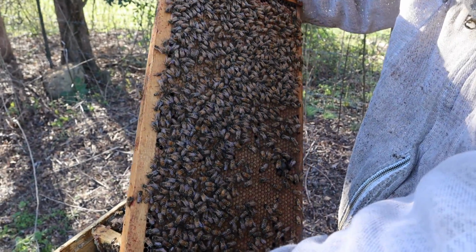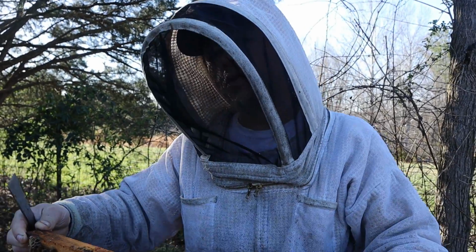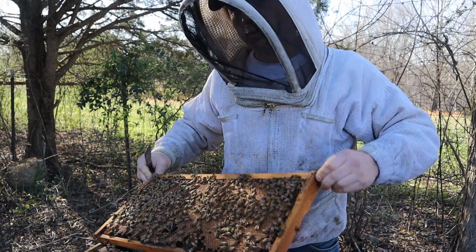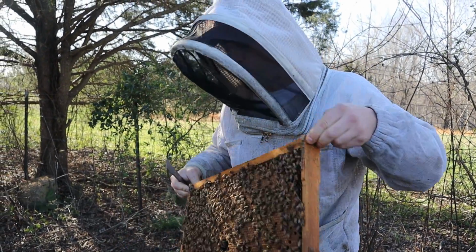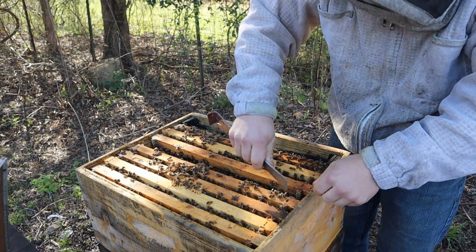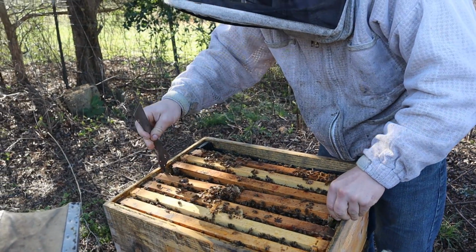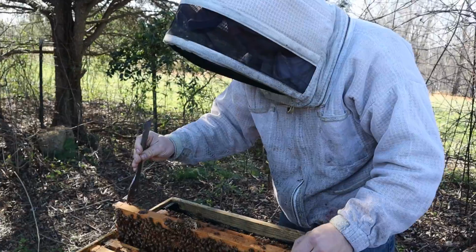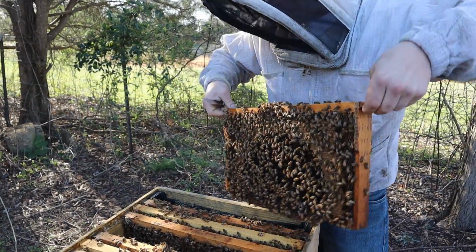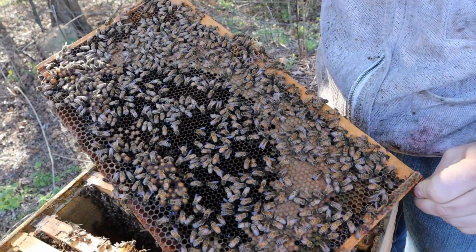Oh my goodness, just in this frame right here, we're talking thousands of bees. There's about 7,000 something cells in a deep frame. I'd say this is 90% occupied. Holy smokes. Bee power. We'll probably pull this frame of brood from this colony, to be honest. Let's see what we have. And we've got to, because again, our honey flow, if this is a honey production hive, we cannot let this colony swarm on us. And if we want to keep it around for that, this is just also full of brood,